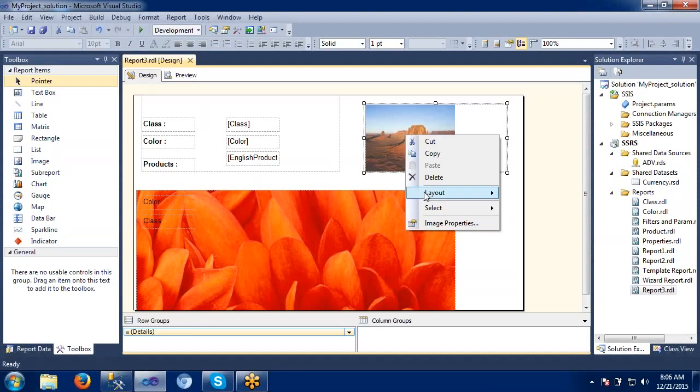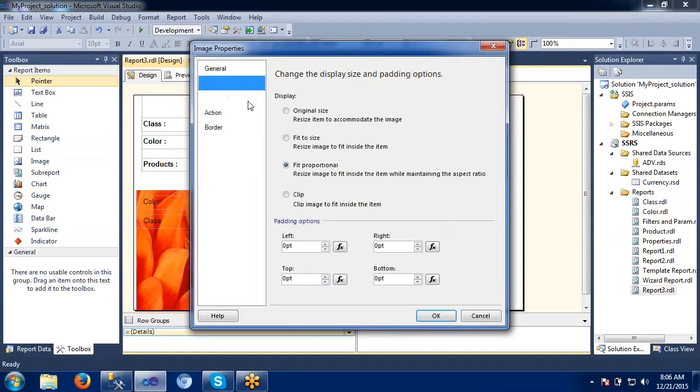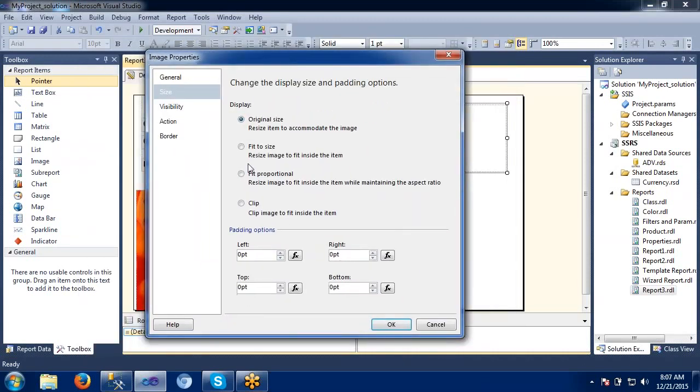So what are the image properties we have here? That is important. Size: what is this one? If you want to make use of the original size, that is original size. Fit to size means whatever size we have given, it has to fit into that size. Fit proportionally, if you want to display it in some ratio. Why?